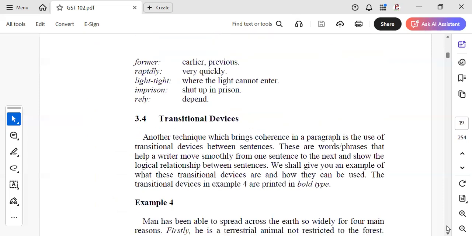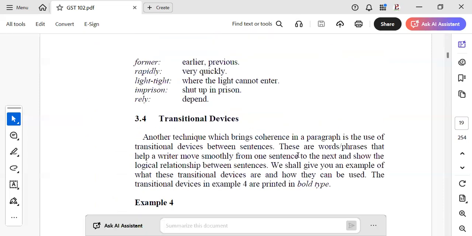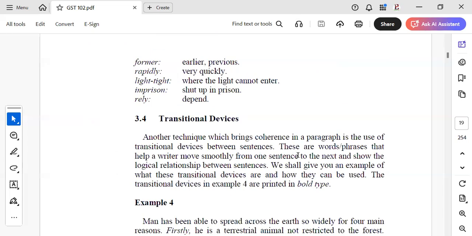Now, all these things we are doing, we are just talking about how to construct an effective paragraph. Although we started with the topic sentence, that is one of the things you need in writing a good paragraph. A topic sentence must be noticeable in your paragraph. That is the first thing, but that is not all there is in the paragraph. We have more. Another thing in the paragraph is coherence, like we've mentioned earlier. But after coherence, there is still something you must